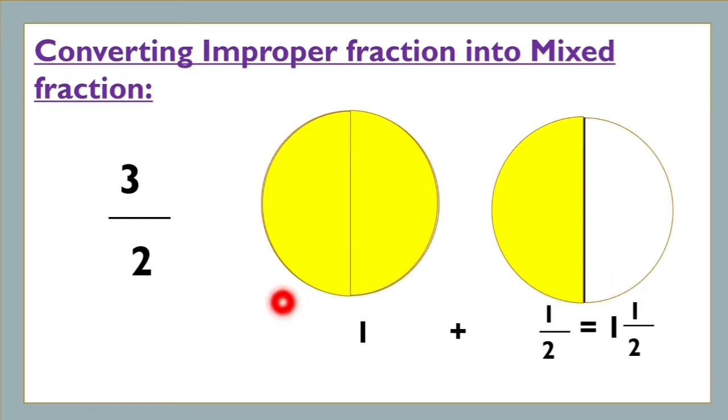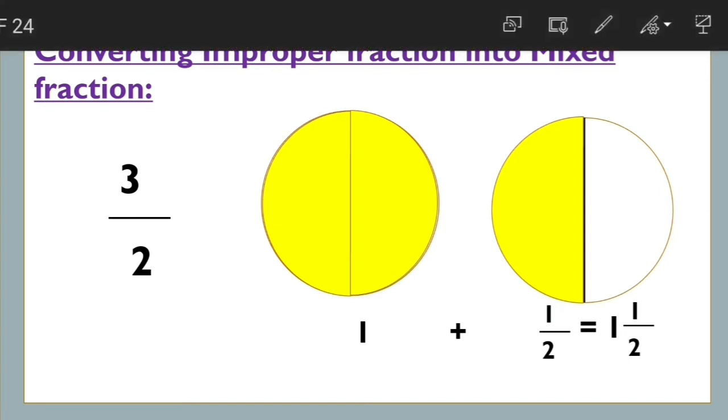Dear students, observe that when we divided into groups of 2 parts, from 3 parts, by making 2 parts, we get a whole. So we get 1. And the remaining 1 half piece, that is 1 by 2, we get. Every time we can't do this pictograph. So for this, what we have to do, take the denominator and divide the numerator with the denominator. Earlier we discussed like that in 6th class.